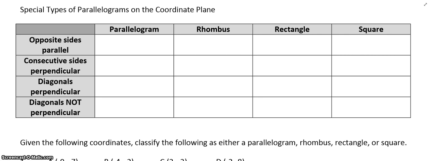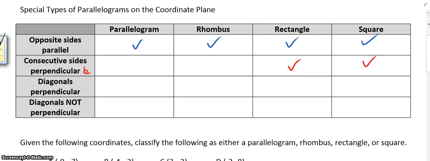Alright, so first I want to review some properties that these special types of parallelograms obtain. So, opposite sides are parallel. Well, that's one that exists in each one. All of these are parallelograms, therefore both pairs of opposite sides are parallel. So everyone has that. But now, consecutive sides are perpendicular. So that would mean that two sides come together to make a right angle. Well, we know that happens not in a parallelogram, not in a rhombus, but definitely in a rectangle and a